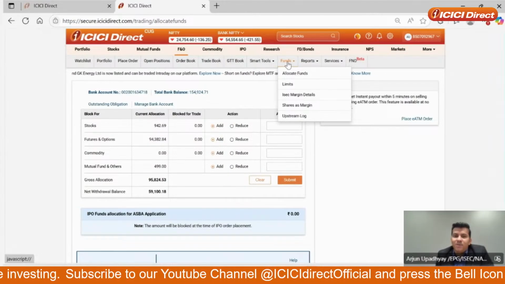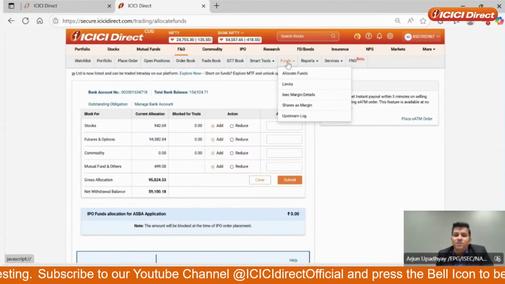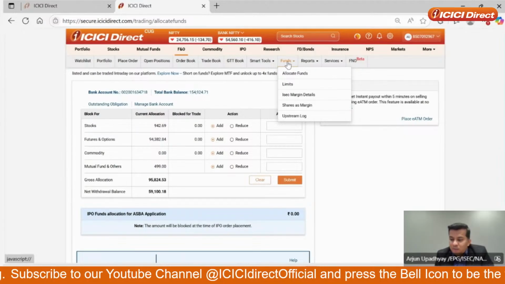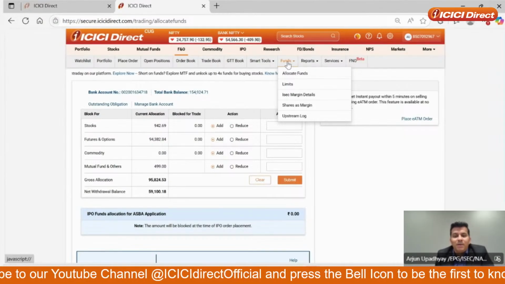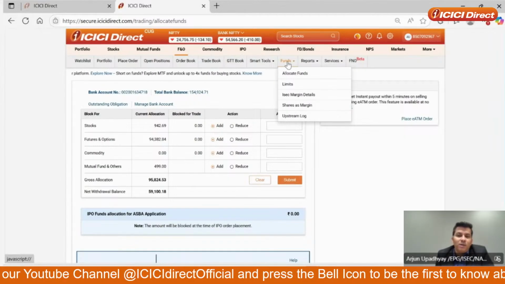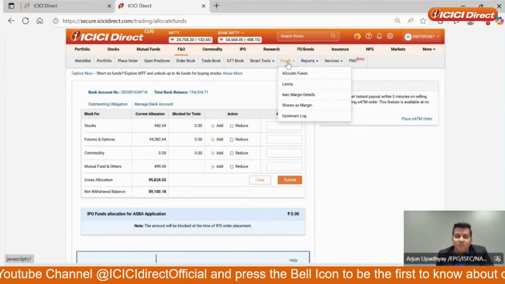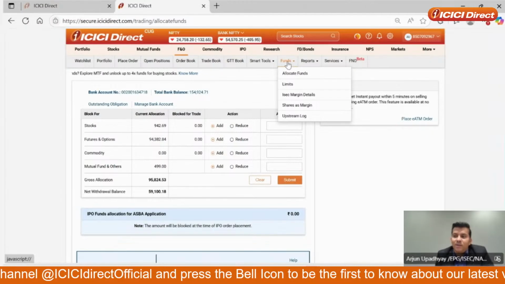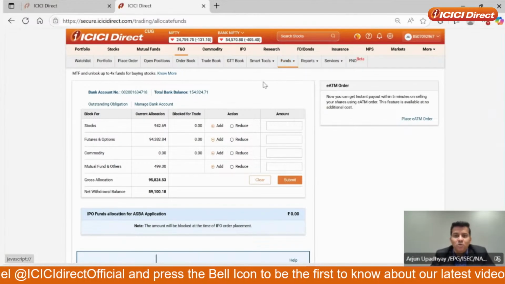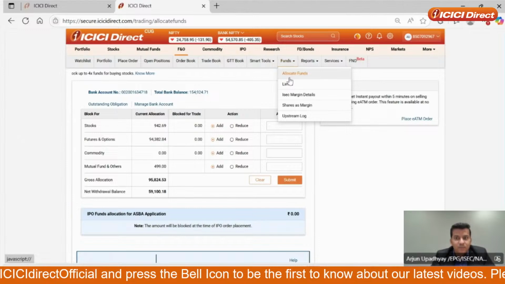See, all the shares we cannot pledge, right? Obviously, every broker will have a risk management system, and every broker will have some comfort around the various shares which are out there. But let me tell you, ICICI Securities has 1,400 plus shares that you can pledge, and this is one of the longest share lists that you can get in the markets. Right. So my starting point is one of the longest share lists.